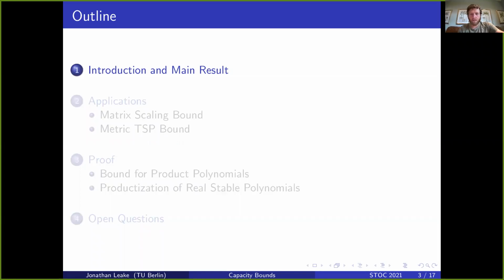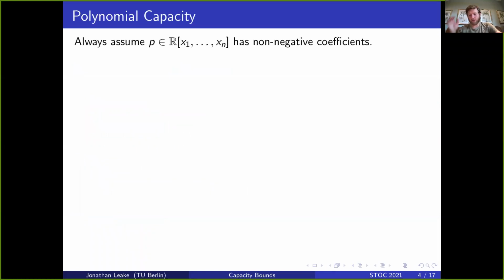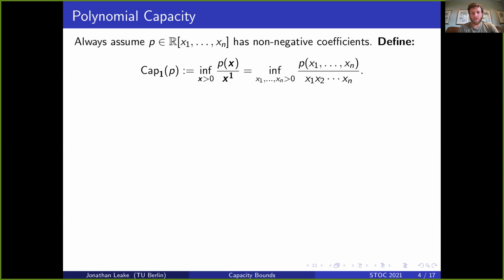Okay, so here's the first section. The first thing I'll do is define for you polynomial capacity. So you start off with some polynomial in n variables that has non-negative coefficients, and capacity is then defined as follows. It's just this infimum over the strict positive orthant of the evaluation of the polynomial divided by the product of the inputs. And this one that's here in the subscript is there because sometimes you can exchange that out for different